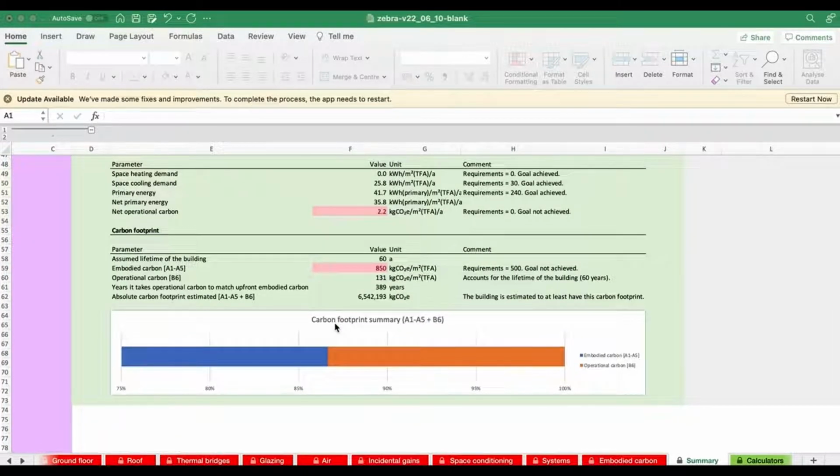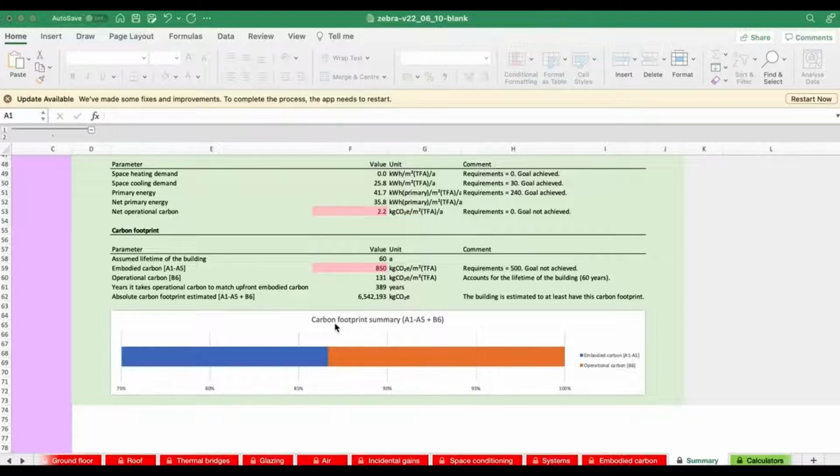So critical, as I said right at the beginning, will be the assumed lifetime of the building. If you assume this building lasts for 60 years, then it can divide the embodied emissions by 60 to give an equivalent amount per annum, and then you can compare that to the operational carbon. So our embodied carbon is 850.